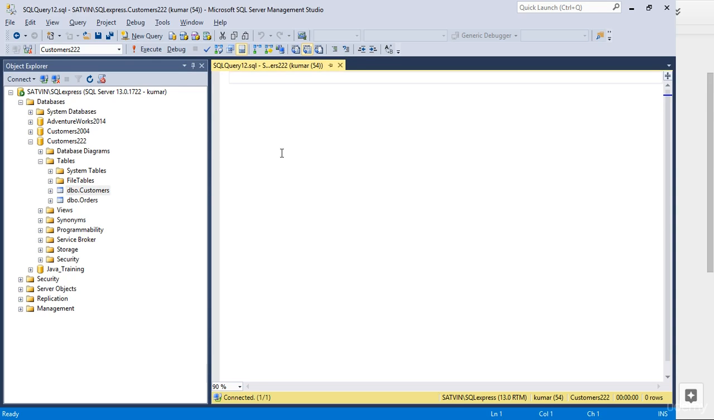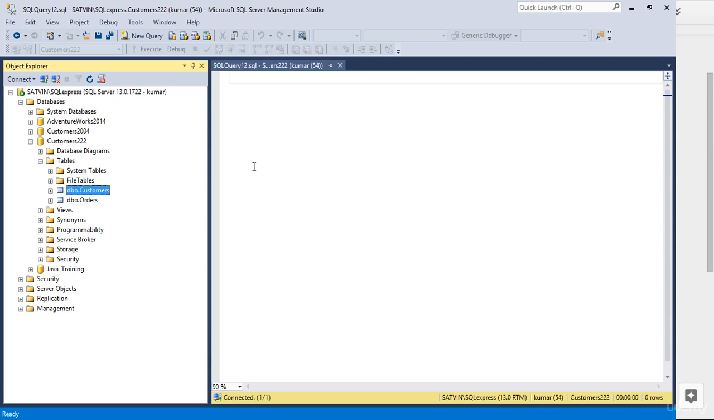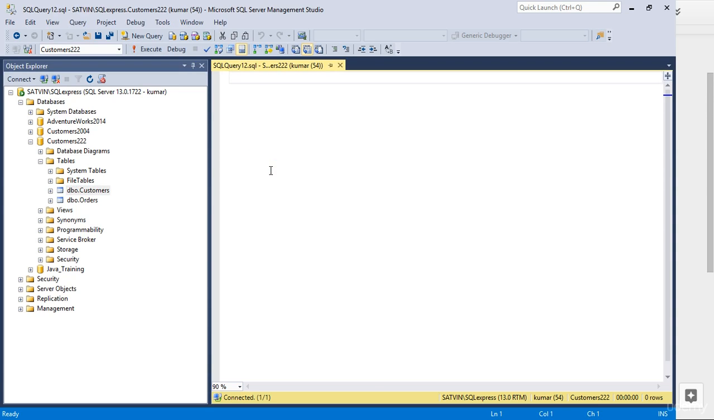Before insert, I want to see if there is any data already existing in this particular customers table. So how do I do that? If you want to look at the data in an existing table, all you have to do is use a select command. The select command is used to look at the data inside the table. So what is the syntax for this command? The basic syntax is select star from table name